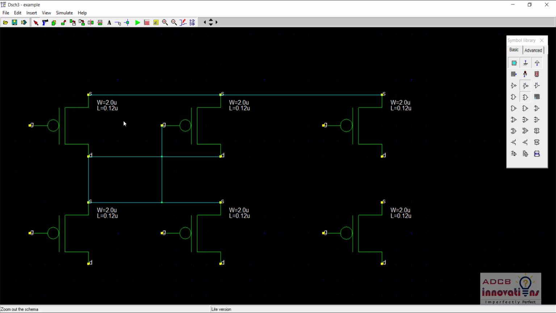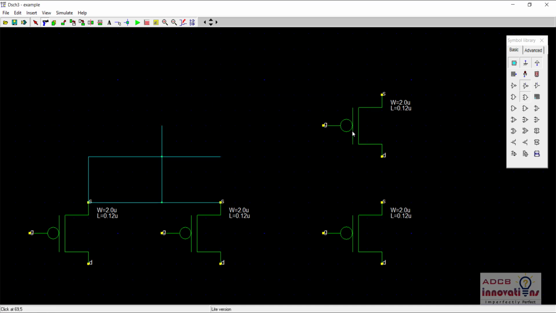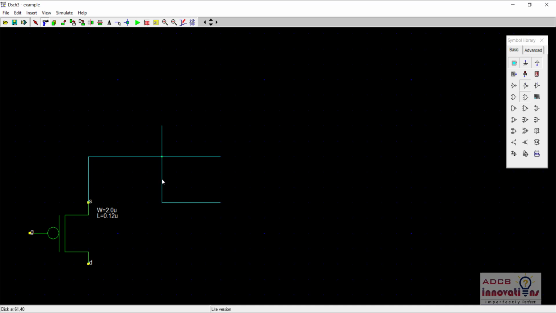All right, this is pretty much it about the basic things. So I will just delete every component and wire which is present here, and we can move to any basic circuit which we want to design or make. Okay, so now